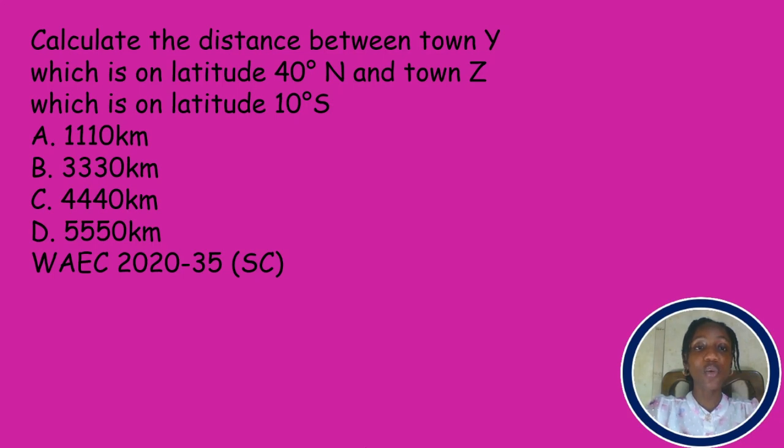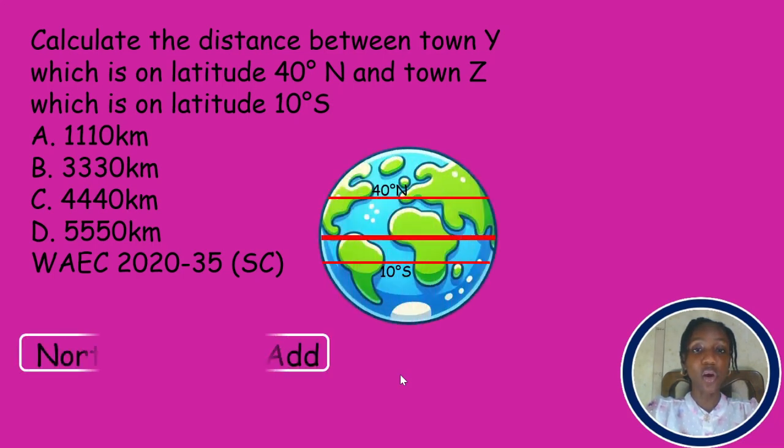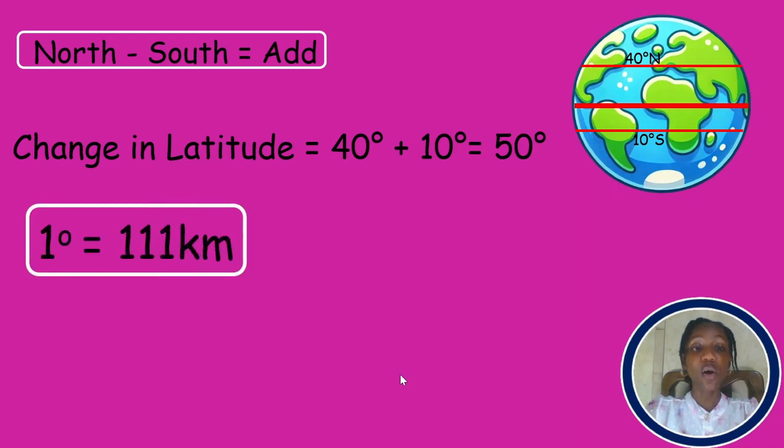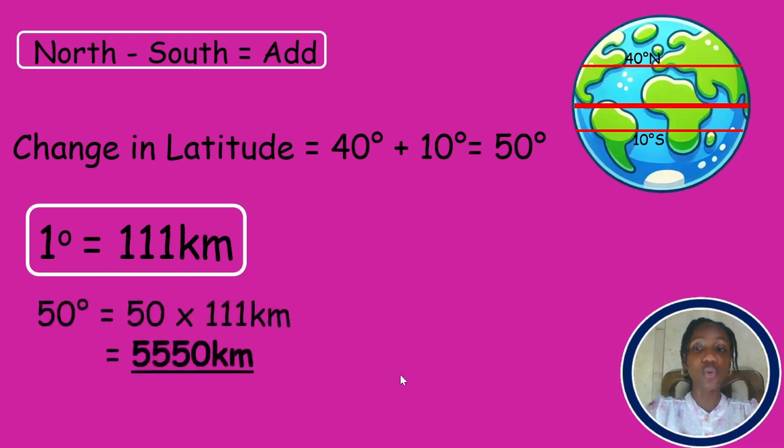Calculate the distance between town Y, which is on latitude 40 degrees north, and town Z, which is on latitude 10 degrees south. As you can see, the places are located on different latitudes. So that means that we're going to add. So now that we know our distance between the two places is 50 degrees, we're recalling that options are in kilometers. To convert degrees to kilometers, the formula we need is 1 degree is equal to 111 kilometers. So therefore, 50 degrees is going to be equal to this. And with that, our final answer, the distance between the two places, town Y and town Z, is 5,550 kilometers,